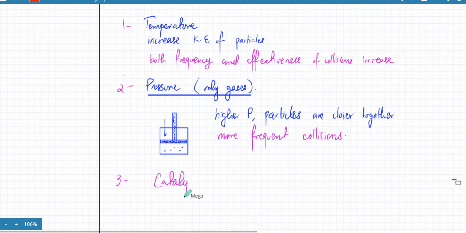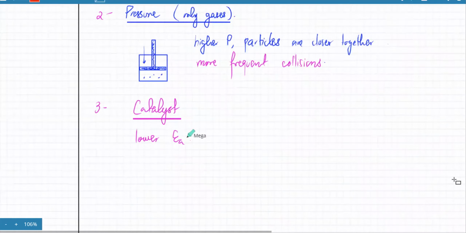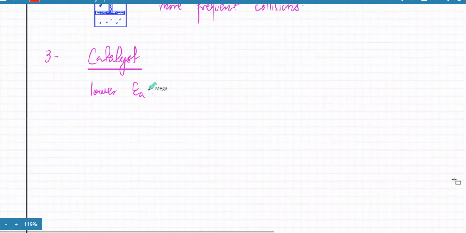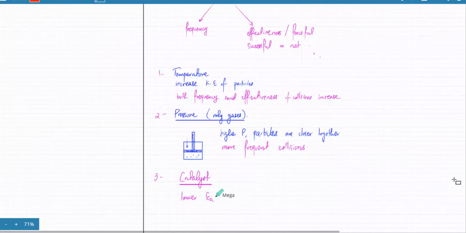What does a catalyst do? It lowers the activation energy by providing an alternate reaction pathway. Okay, so it lowers the activation energy, right? And what that means is, what does lowering activation energy mean? I mean, what does it do? For example, if you have this reaction happening,